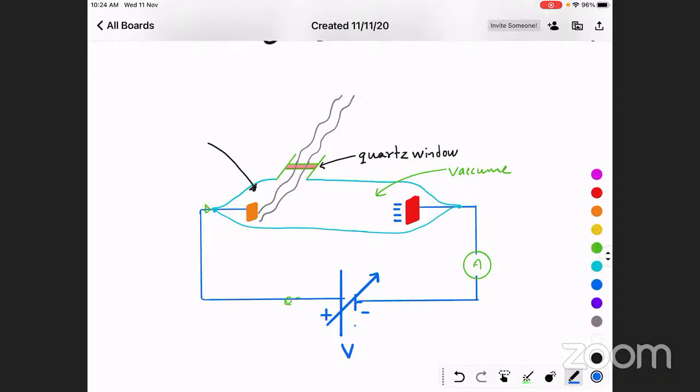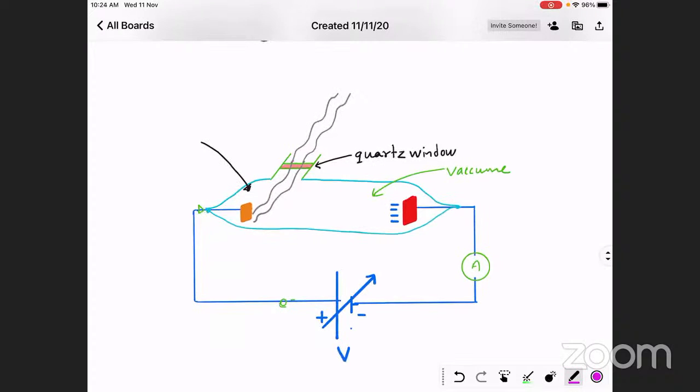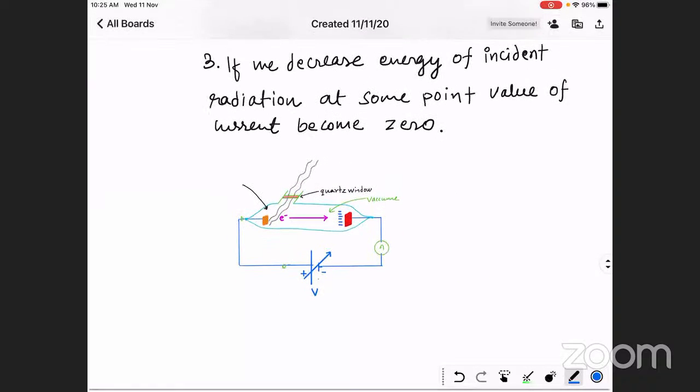If the radiation is sufficiently strong, the incident radiation is capable of ejecting electrons, so they will come out. Now will the electron reach here or not? Not all will reach. Some electrons will reach. The fastest moving electron will reach. Now if you increase the negative potential further, suppose you are getting a little bit of current, increase the negative potential. When you are not getting any current, that particular potential is known as stopping potential. Understood?